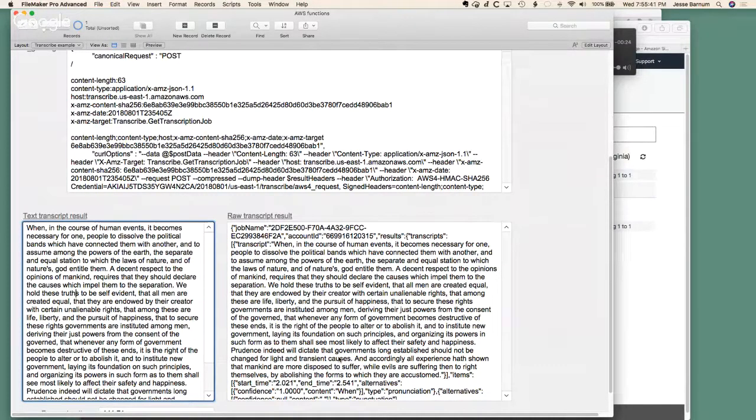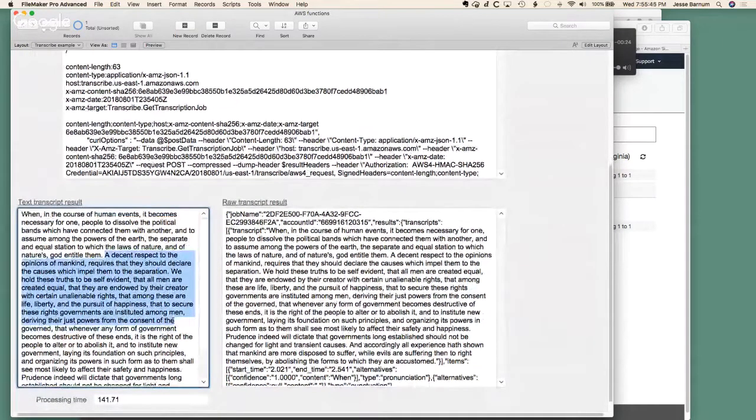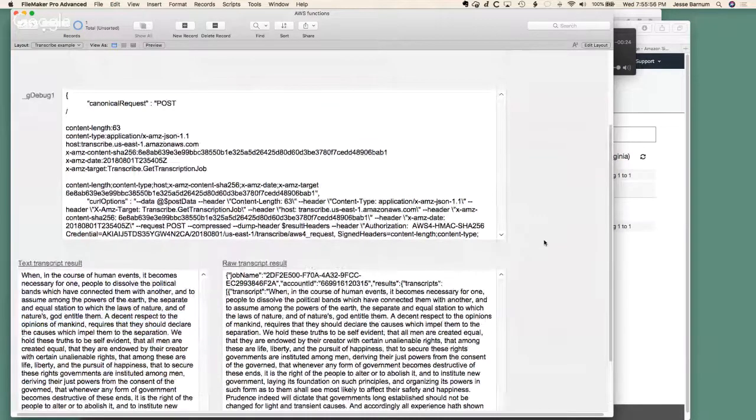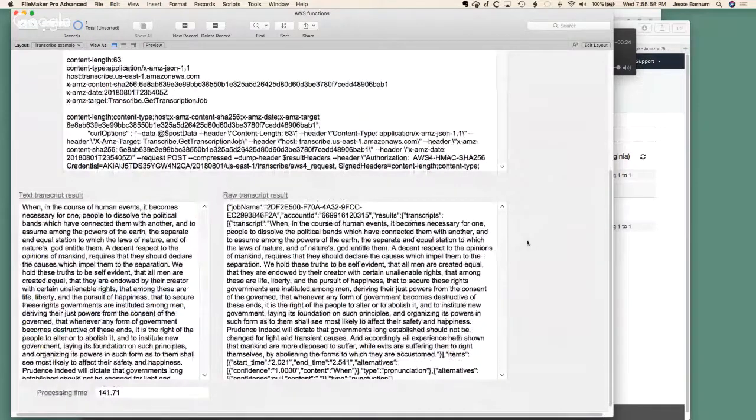You could even do things like highlight a section of text and say, play the original audio of this section. Amazon doesn't do all that for you, but it gives you all the data that you need in order to be able to do that yourself. So yeah, Transcribe is, like I said, one of my favorite services. I think DynamoDB is my favorite, but